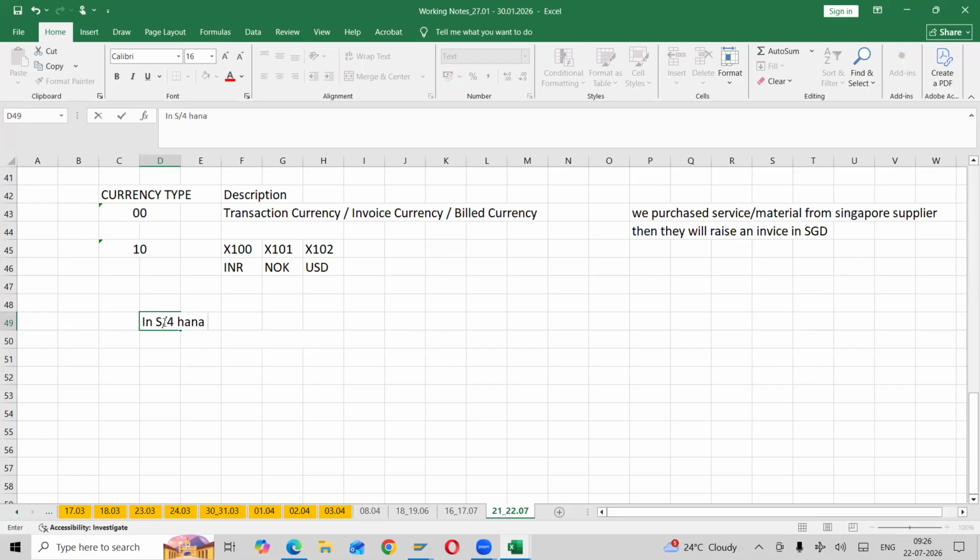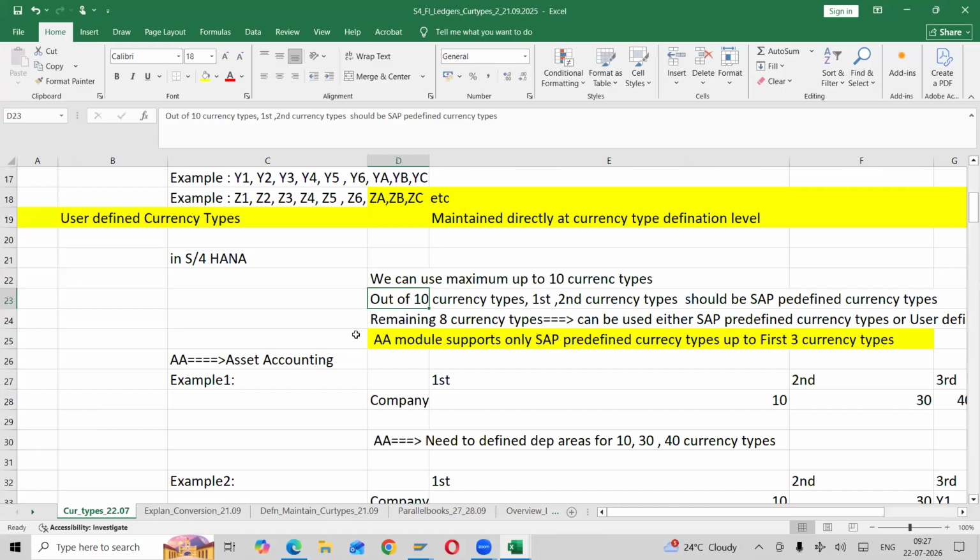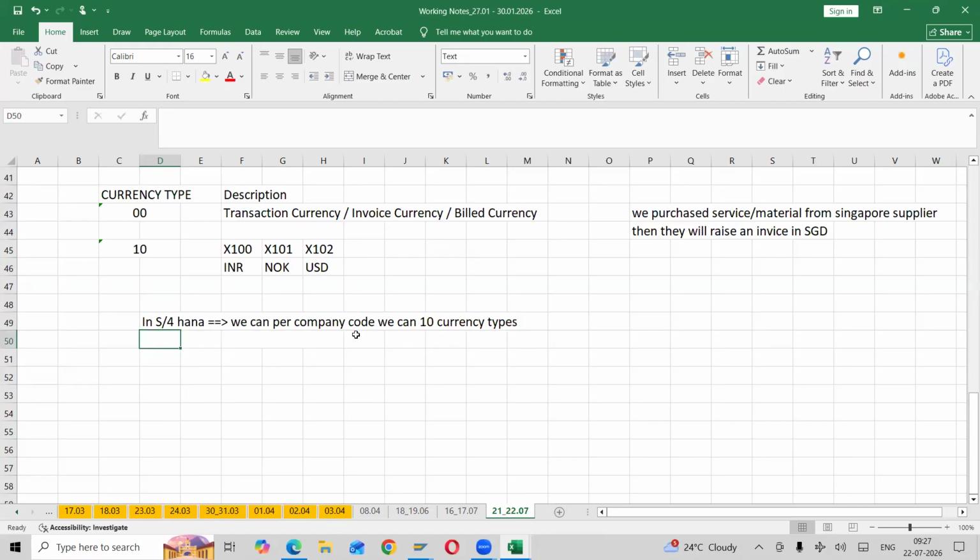In S4 HANA, we can use, per company code, 10 currency types. Out of 10 currency types, remember this. What is the thumb rule? Out of 10 currency types,